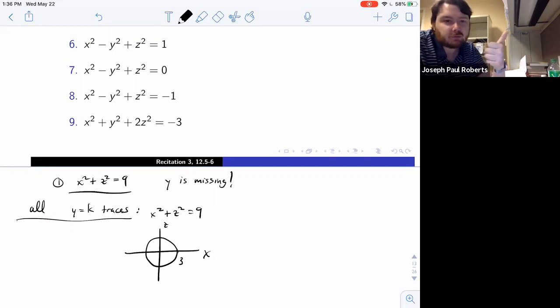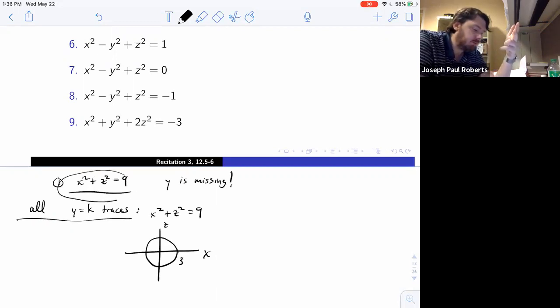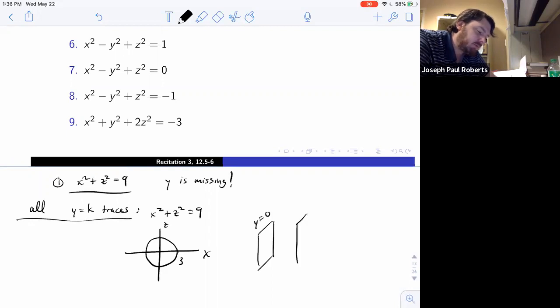So what's y equals 1? What's y equals 2? What's y equals 3? There's no y, so nothing's happening, which means that my y equals 0 trace, my y equals 1 trace, my y equals 2 trace are all the same circle,